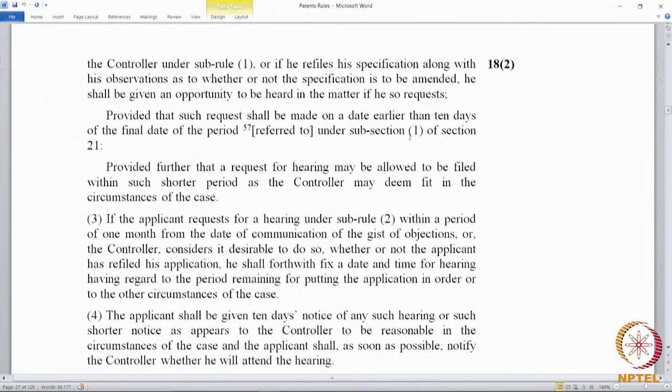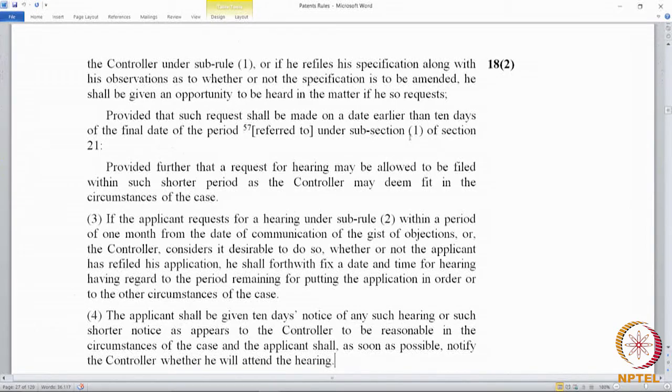Now, when an objection comes saying that there is a particular prior art, one recourse for the applicant is to amend the specification. That is what we call refiling his application. He has to file that amendment. Whether or not he has refiled it, whether or not he has carried out the amendment, the controller can go ahead and fix a date and time of hearing.